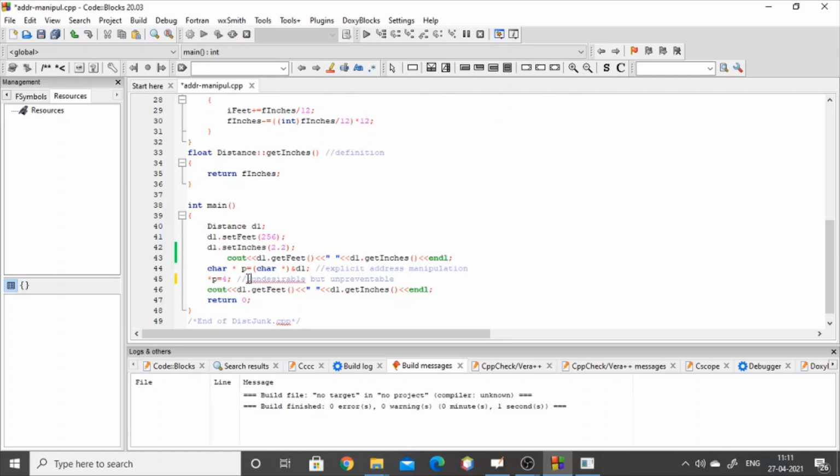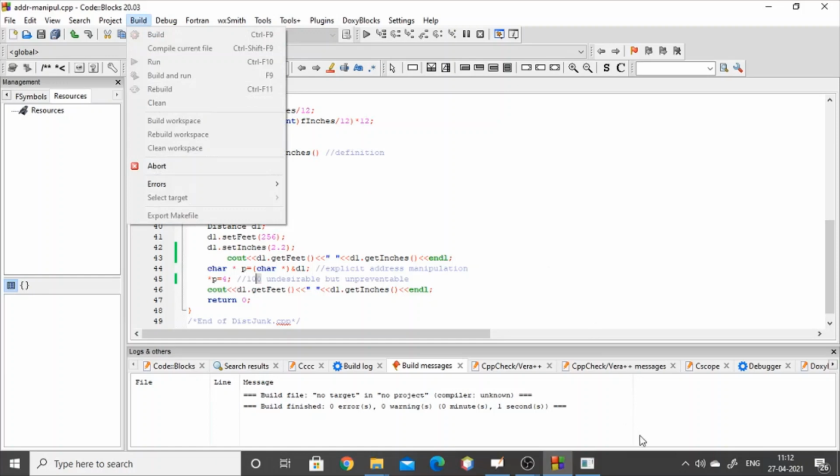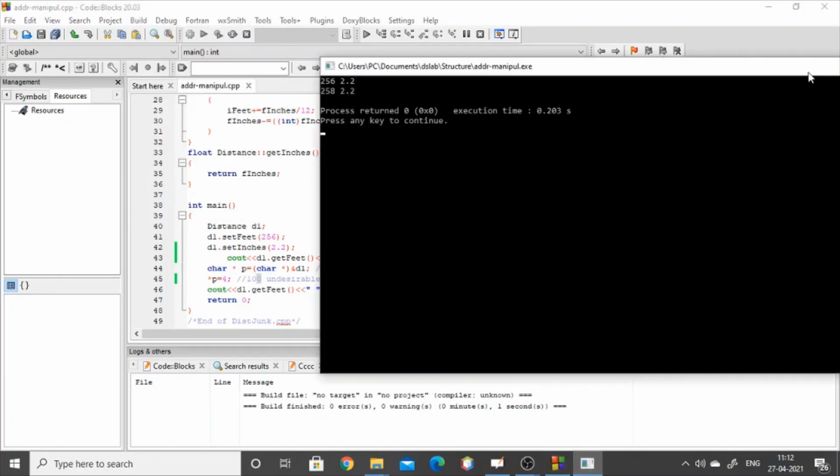Last one was 1. Later what I did is I'll just put in the comment line. Now it is actually 100. That last 3 bytes of that character is 100. This is 2 to the power 0, this is 2 to the power 1, this is 2 to the power 2. Now what is happening? 256 plus 4 should be added. Okay, so that is regarding the explicit address manipulation.